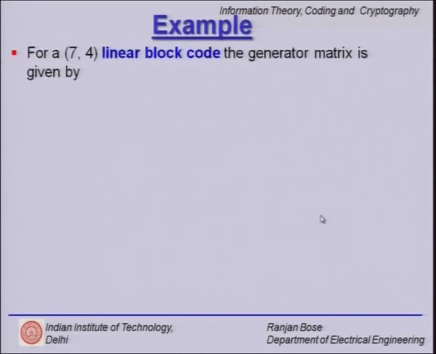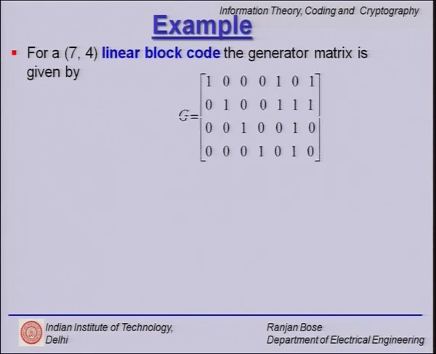Let us go for a quick example. Let us talk about the 7,4 linear block code. So the generator matrix for this is given as follows. You can check that there are 4 rows and 7 columns, thereby making it a 7,4 linear block code. It is for our convenience set in the systematic form, so you can clearly identify an identity matrix, K equal to 4 here, and here is a parity matrix. So I can draw that line and you can easily visualize I and P.